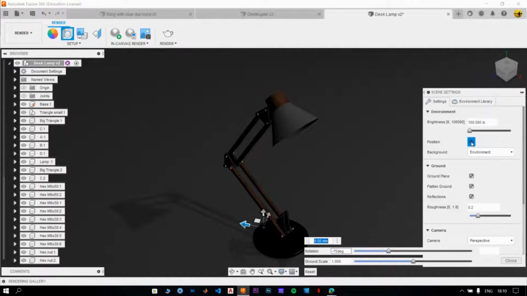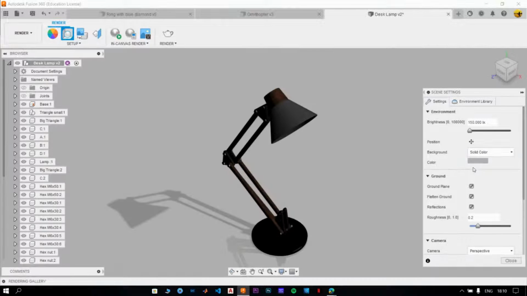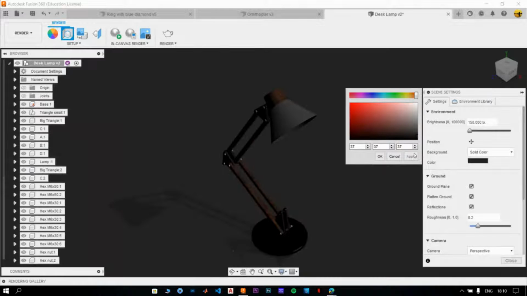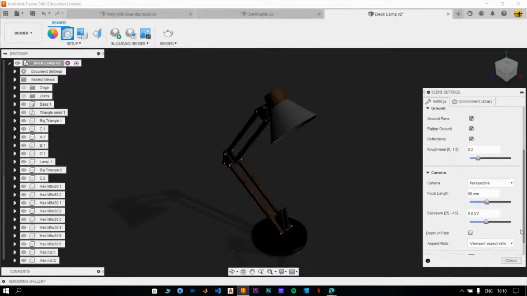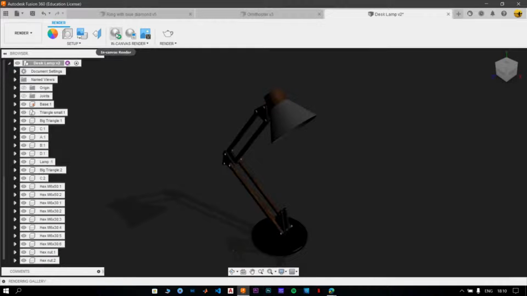And again, the background is environment. If you don't want it to be environment, you can keep it as solid color, and again, you can keep it as a very dark background. So I'll keep it at 33 in this case. I'll apply and I'll click on OK. I want the reflections over here. The roughness is 0.2, so that is also correct. And the rest of the other settings, I feel that they are correct as well, so I won't mess with those settings now. I'm going to click on close,